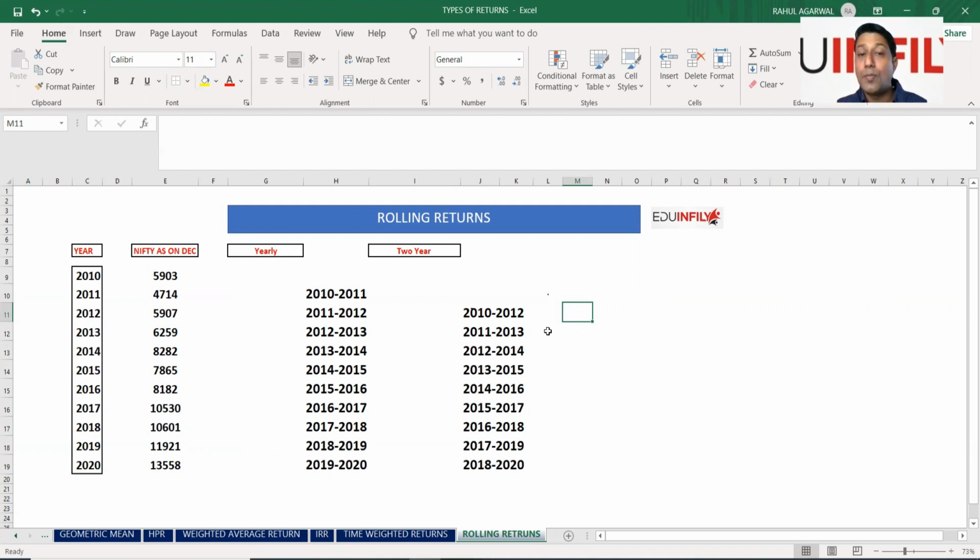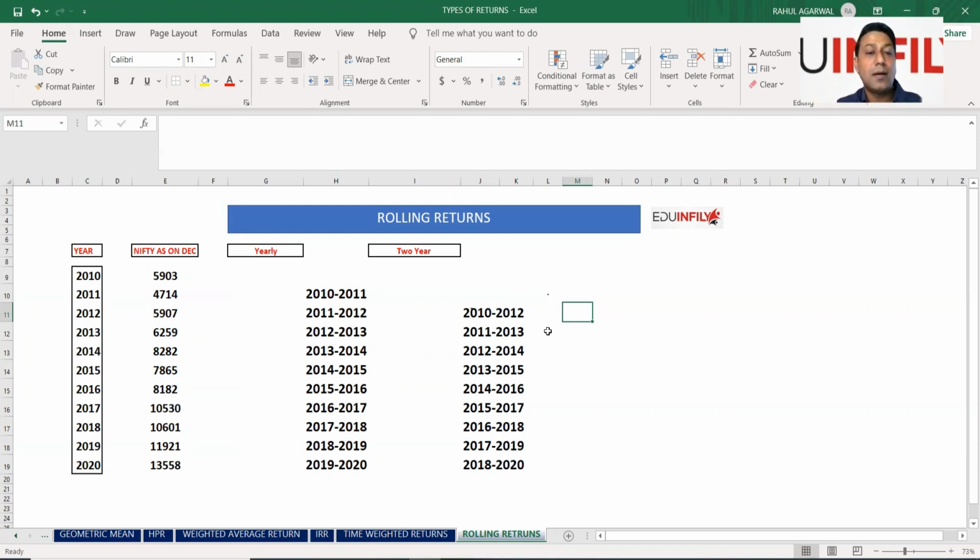But if you break up that CAGR in brackets, let's say a bracket of 1 year, 2 years, 1 month, 1 quarter, once you break up that CAGR in different brackets, and each bracket is a specific period of time, that is basically called rolling returns. Rolling returns can be very useful for analyzing returns better because they give you a clear picture of the performance in the doldrums of the market, and when the market was doing well, right?